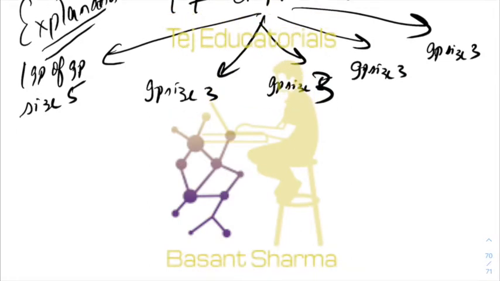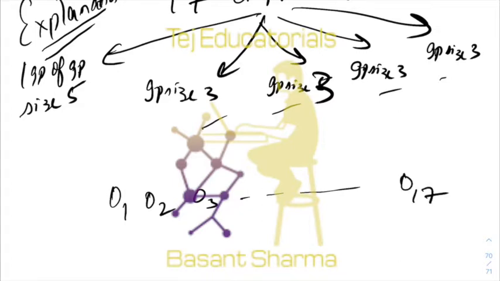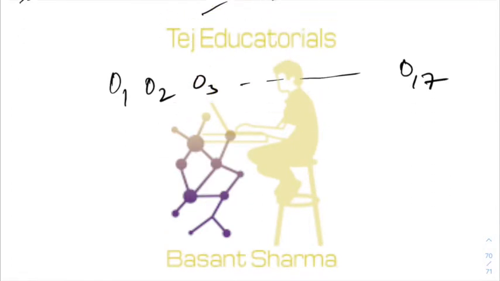Okay, you have 17 different objects, 1 group of size 5 and 4 groups of size 3, and you want to find the number of ways of grouping. Now suppose, just like in the previous case, you take any particular arrangement. Suppose you have O1, O2, O3 sequentially till O17. Now suppose you throw it at the partition which divides them into the required groups.